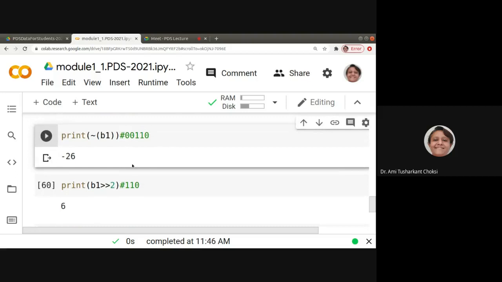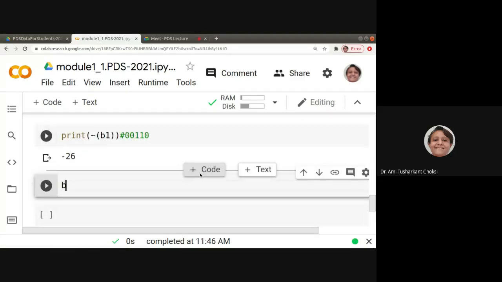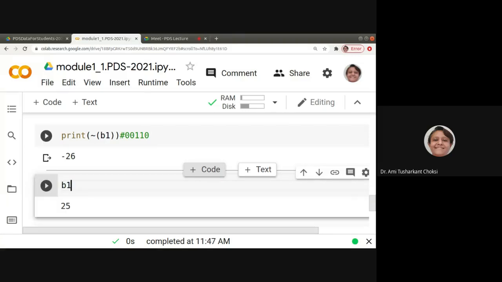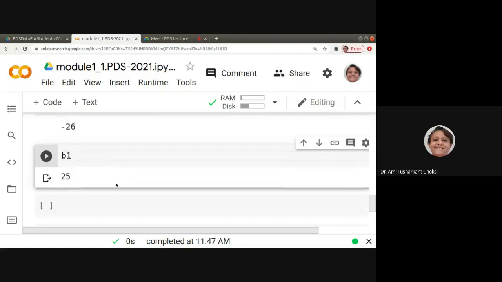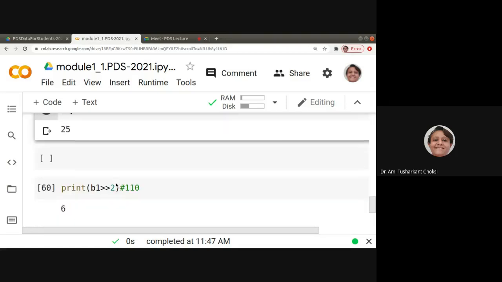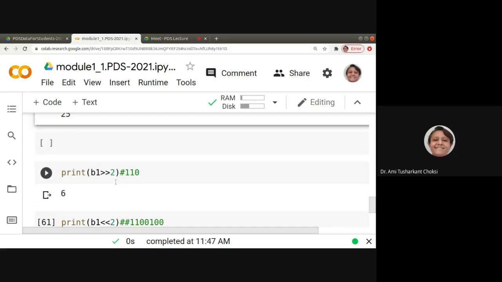Then after, what we do is, let us do the shifting, right shifting, left shifting, right? We want to do that. What is B1? B1, I do not remember, isn't it? It is 25, right? It is 25. Now what we are doing is B1 greater than 2.